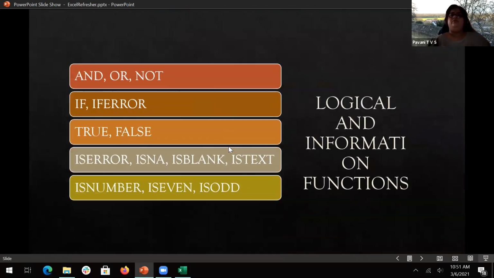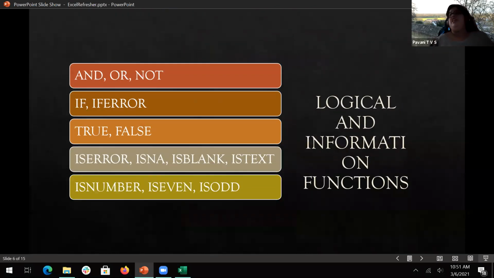Moving on. Logical functions, very important. If condition is a basic condition which helps you to compare two things, determine two things, and or Bhavni, sorry,